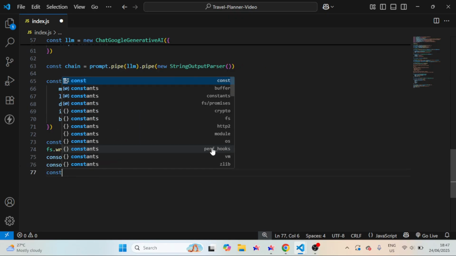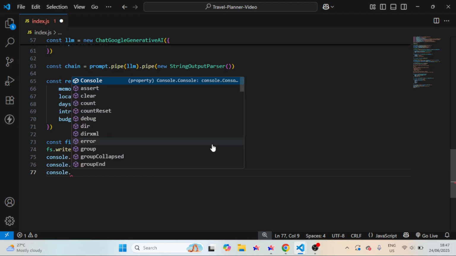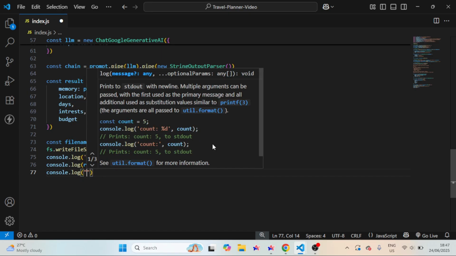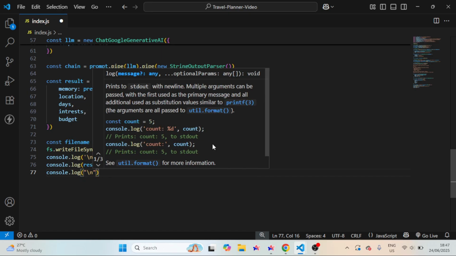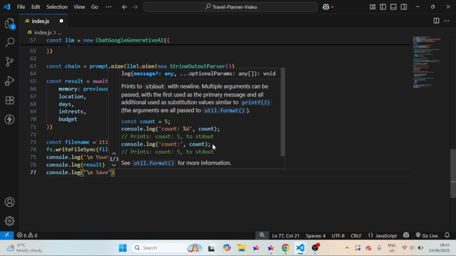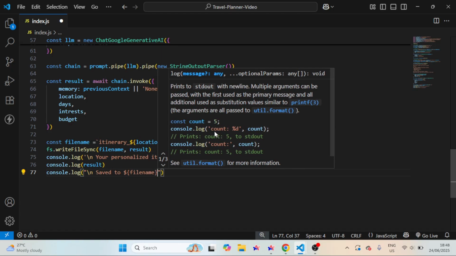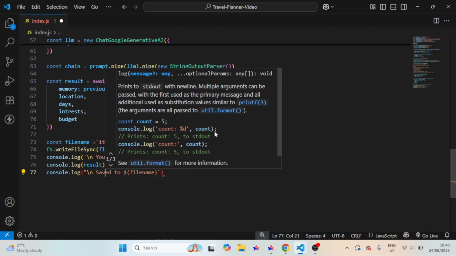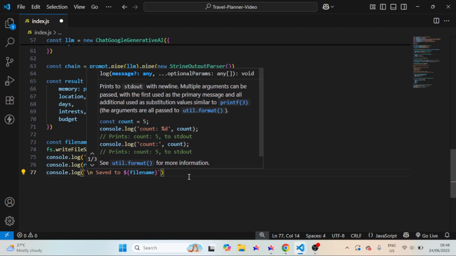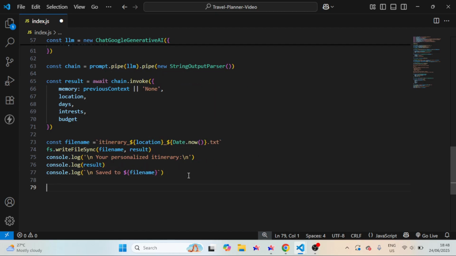And let us also write a console.log to indicate that the file has been saved to file name. So we need to use backticks. Okay, looks good. Now one last thing that we need to do is store that trip